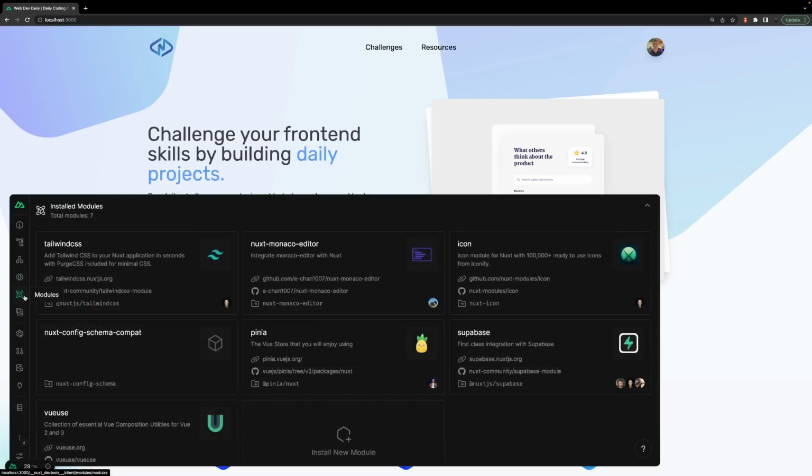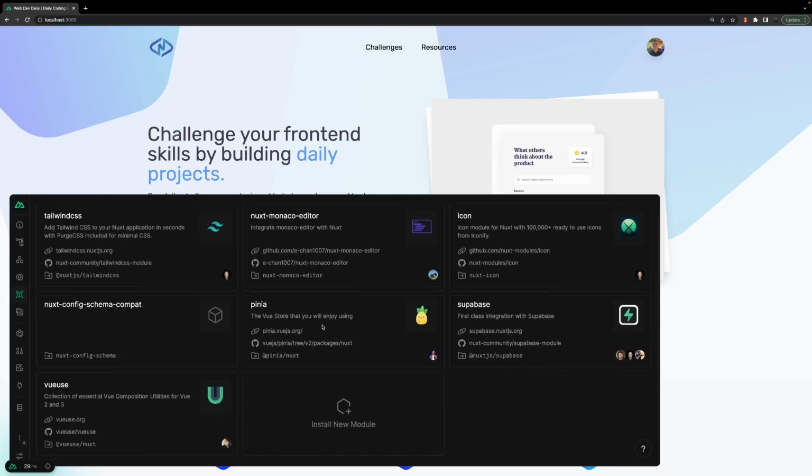Okay, so the next tab we have is Modules, and as you'd probably expect, this is going to list out all the modules that you currently have installed within your application. Now, the coolest part about this is you're actually able to install a new module into your application directly from the Nuxt DevTools. So if we select Install New Module,